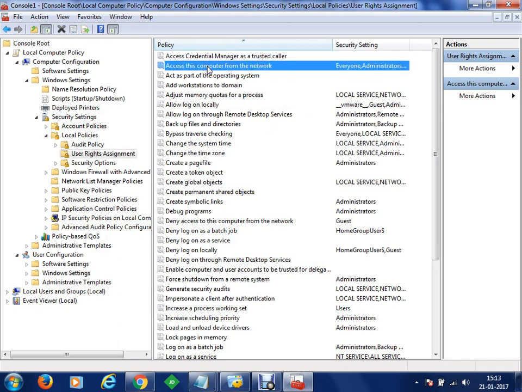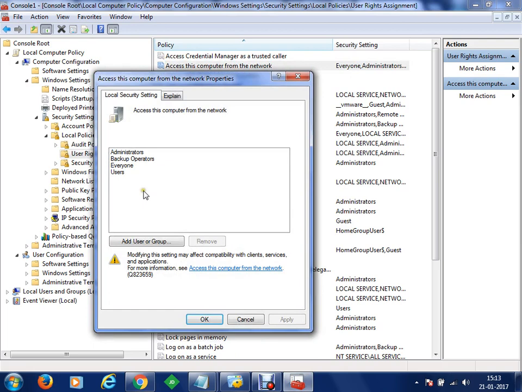Then you can access this computer from the network. So you can specify some accounts which can be allowed to access this computer from the network. And in case you want to deny access, you can remove them. Clear? Sometimes what happens is, if somebody has gained map network drive access of your computer, they would be able to connect to your drives, but using the access this computer from the network policy, you can keep your account protected. You can give permission to one single account, your administrator, and whose access you are not giving to anyone. So now let's come to the next point.